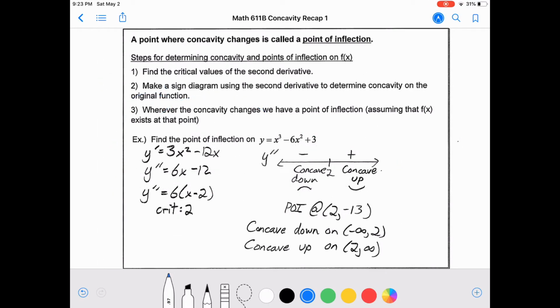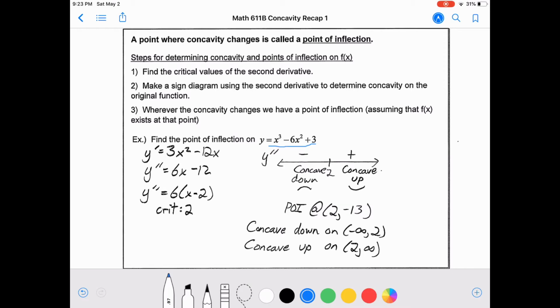Here are the steps for determining concavity and points of inflection. So first of all, we'll find the critical values on the second derivative. Then we'll make a sign diagram for the second derivative to determine the concavity on the original function. And lastly, whenever concavity changes, we've found a point of inflection, assuming that the original function actually exists at that point. So if we took a look at this cubic here of x cubed minus 6x squared plus 3, we